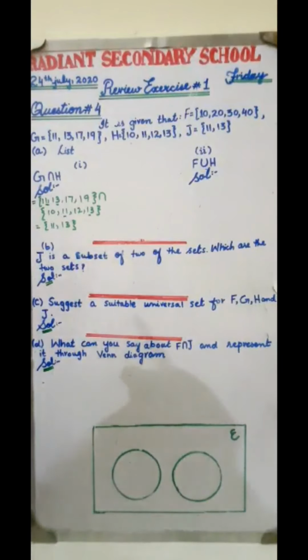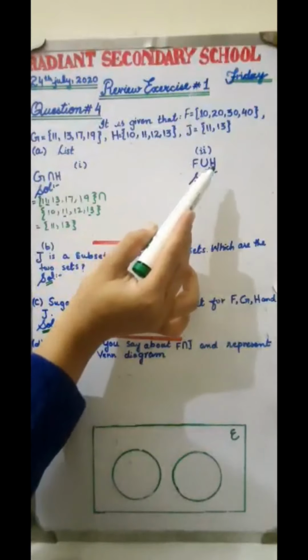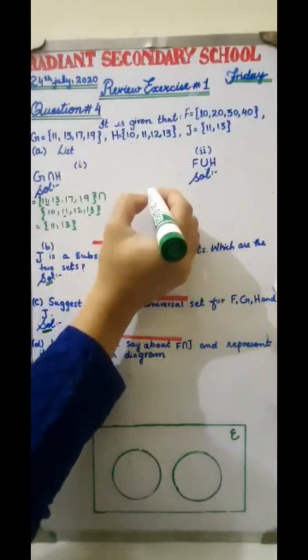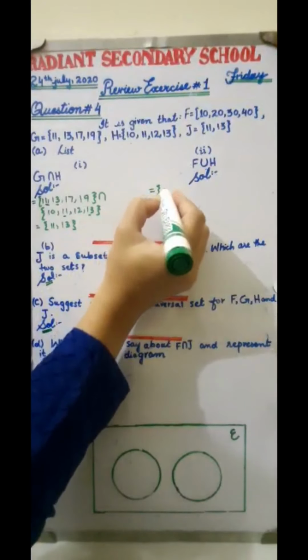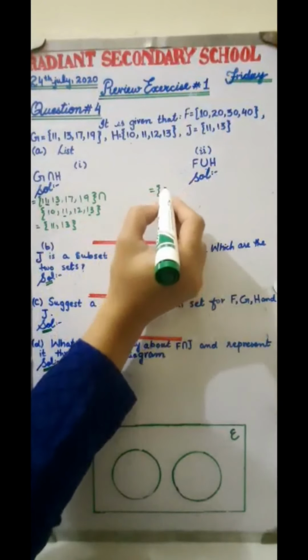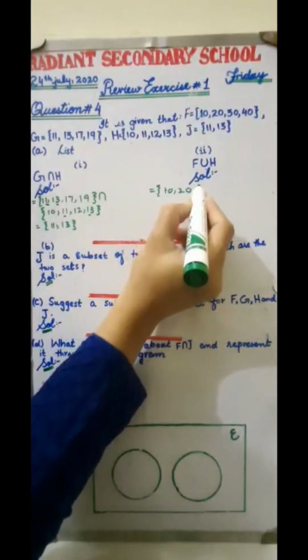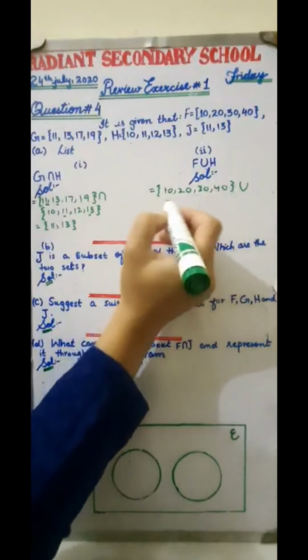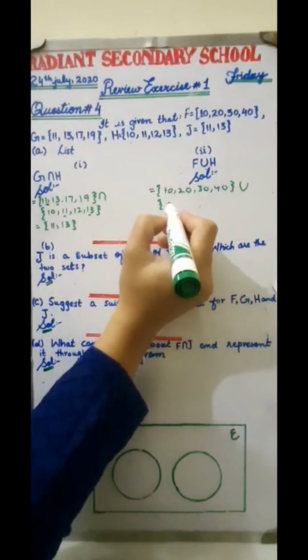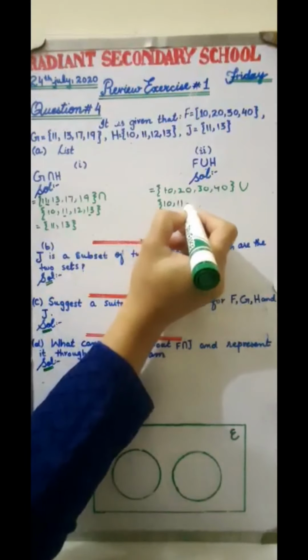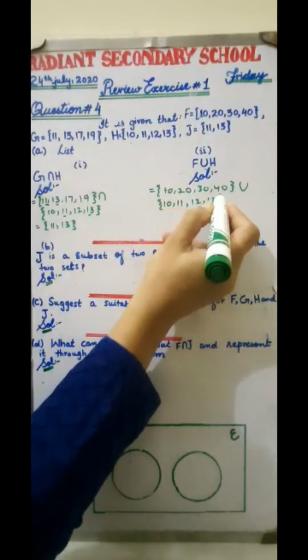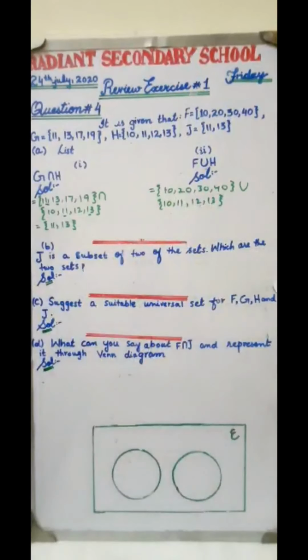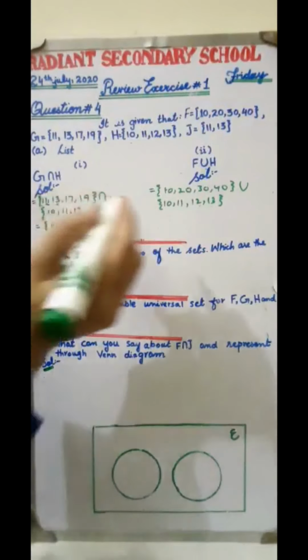Now come to the second part. We have to find F union H. So you have to write the F set first. F set is 10, 20, 30, 40. Union H set. H set is 10, 11, 12 and 13. As you know, union means we have to combine the elements of these two sets together. When we arrange these sets together, the answer will become